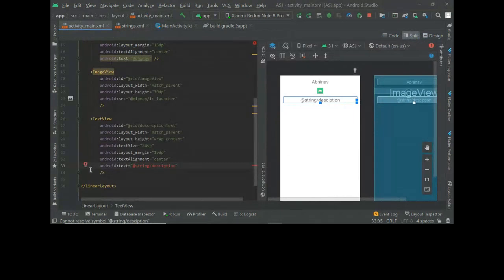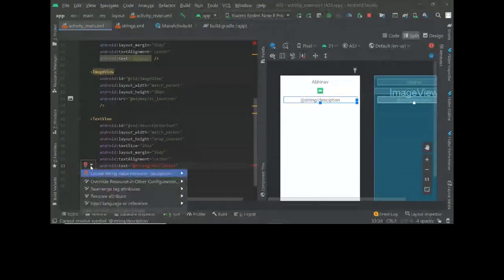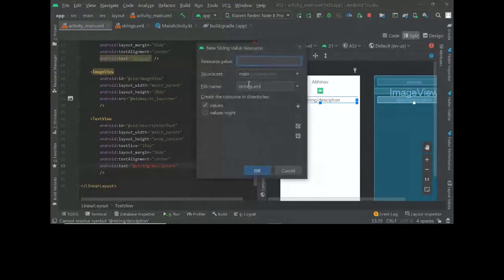What Android Studio has is a feature where, when there's an error, it displays a red bulb with an exclamation mark, and if you click on it, it gives you possible solutions to clear this error. Here I have a solution, create string value resource description. If I click on this, it shows a new string value resource.